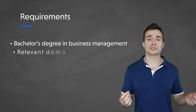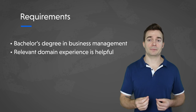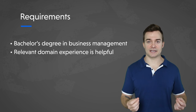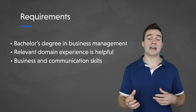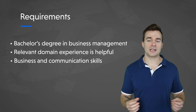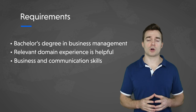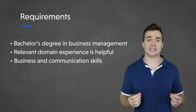Therefore, while it's always great to have previous experience as an associate product manager in another company, recruiters do not expect it, nor is it a typical prerequisite for the role. That said, you do have candidates who have completed one or more internships in product management, and needless to say, these professionals who are fortunate enough to have internships under their belt stand a better chance at securing a job